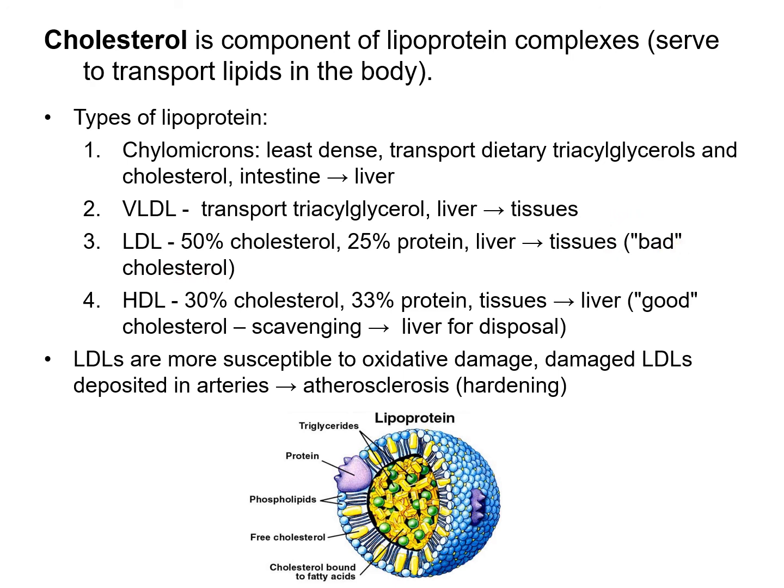So you want to keep it low in your body, as opposed to high-density lipoprotein, or HDL, which is considered a good cholesterol. So it contains 30% of cholesterol and 33% of protein, and transports lipids from tissues to liver. And the good thing about this HDL is that it's scavenging the lipids and transporting them to the liver for